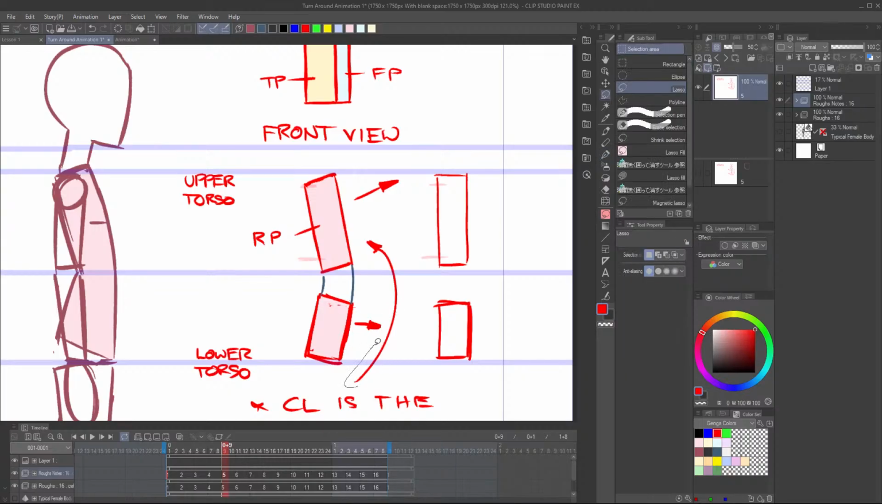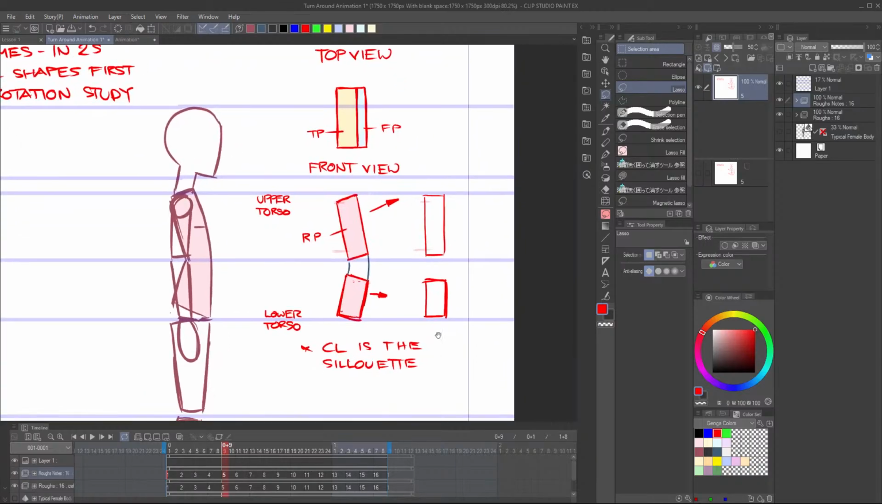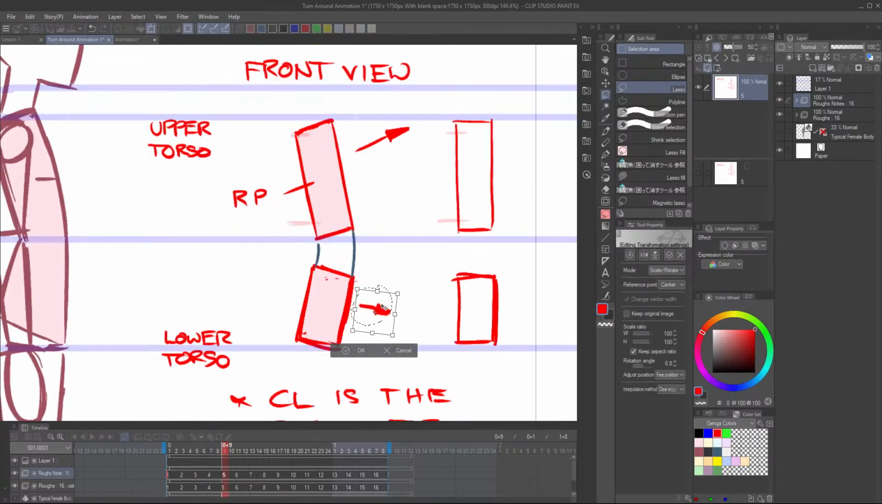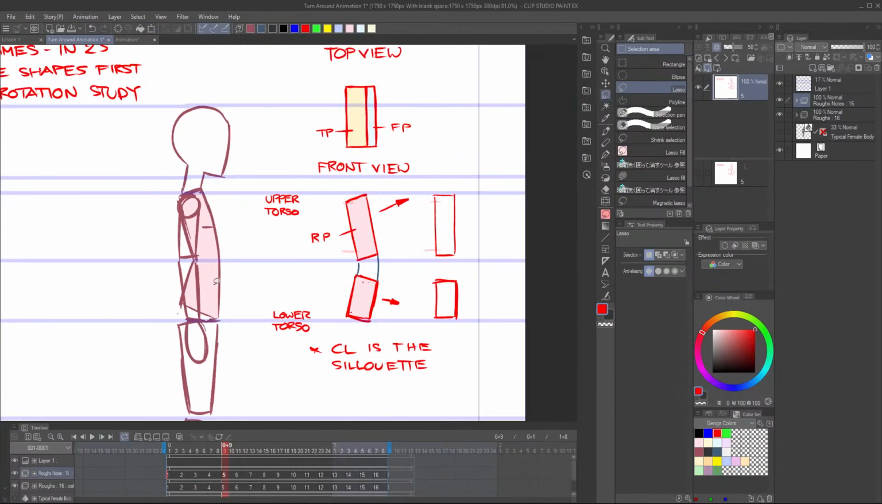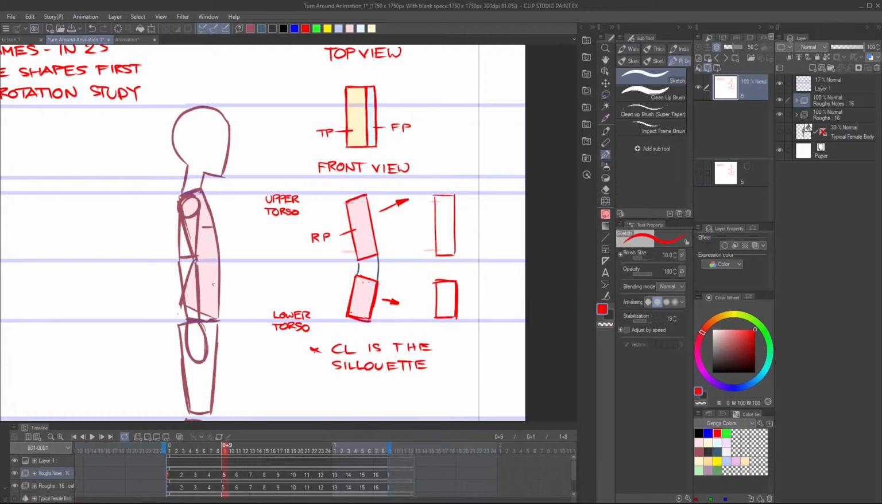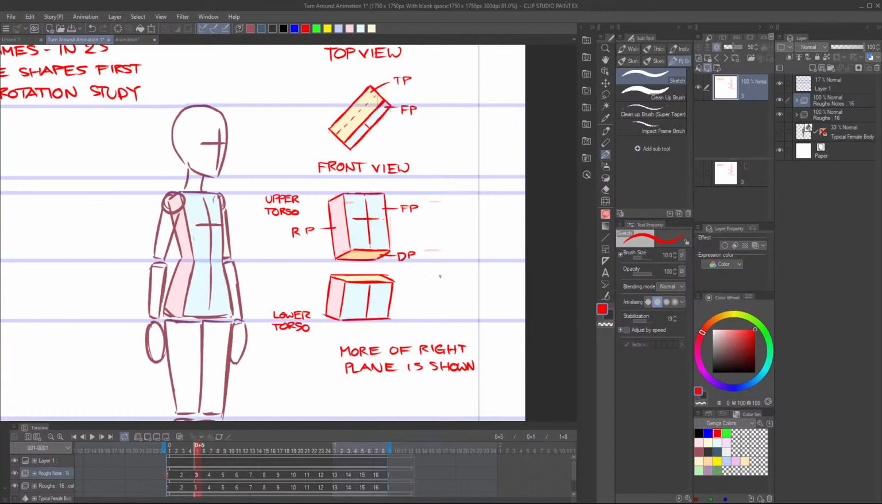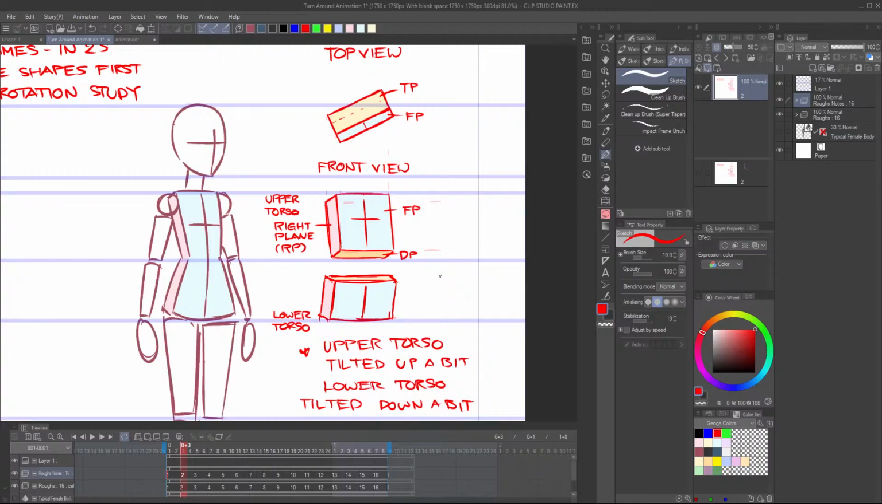So what we're trying to do here is interpret how this would be seen in a form like this. That's basically this form right here. I want to guide us on how that forms. You can see the right plane over here as we move towards it, and then the